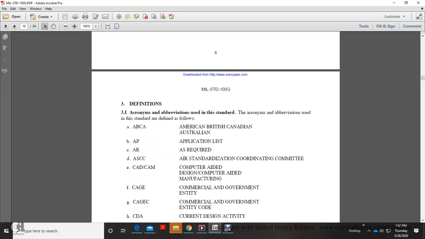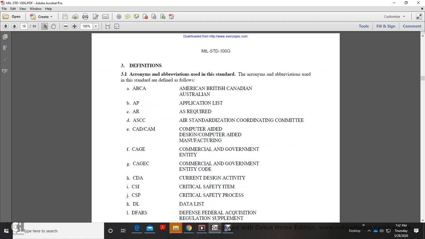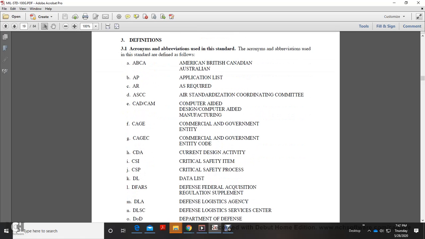Definitions, acronyms, abbreviations. You've got ABCA, American, British, Canadian, Australian; AP, applicable list; AR, as required; ASCC, Air Standard Coordinated Committee; CAD, CAM, computer aided drafting, computer aided manufacturing; CAGE code; CDA, current design activity; CSI, critical safety items; CSP, critical safety process; DL, tab list; DFARS,